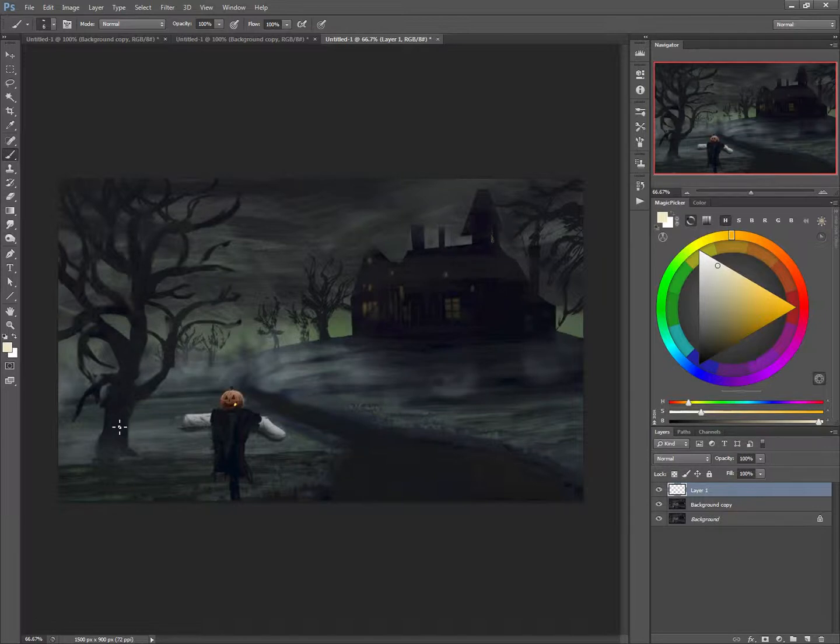The first thing I'm going to say is that you really want to pay attention to perspective. Even though it's a silhouette, you're still going to get basic perspective in there, and you'll start seeing things that make more sense. So an example is, say you have a wall here, and you're getting a shining light on that wall. If you're going to get a little bit of a glare on that wall,